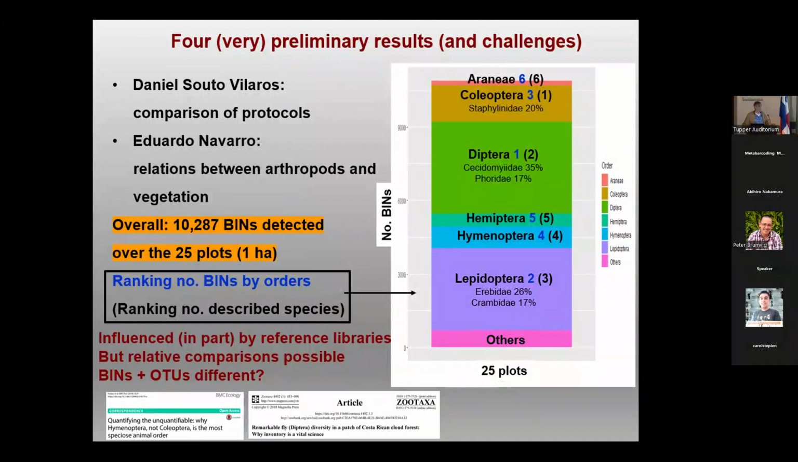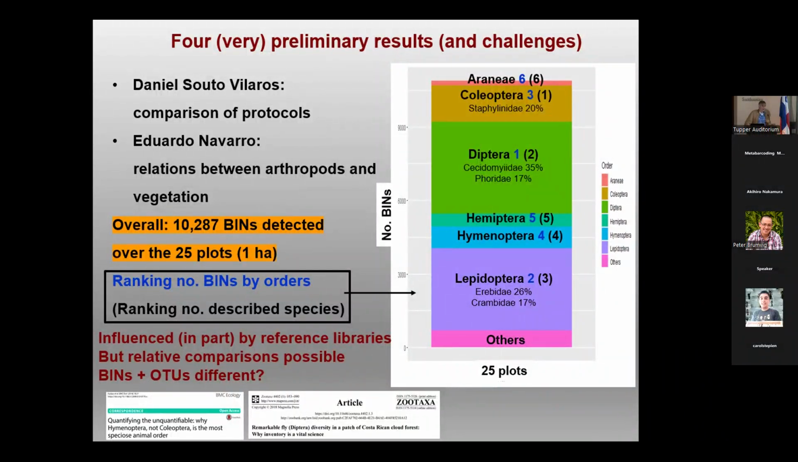As you can imagine, you can see that from different angles. Again, my colleague Daniel Souto-Villaros will talk about the protocols, and tomorrow Eduardo Navarro is going to talk about the relation between the BINs detected and the vegetation. All together, we got about 10,000 BINs, barcode index numbers, more or less,